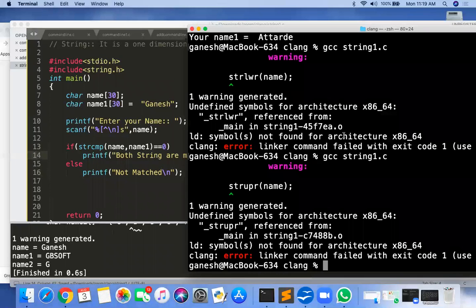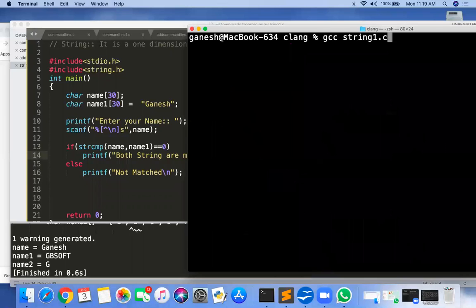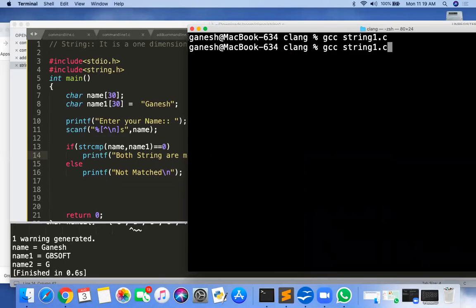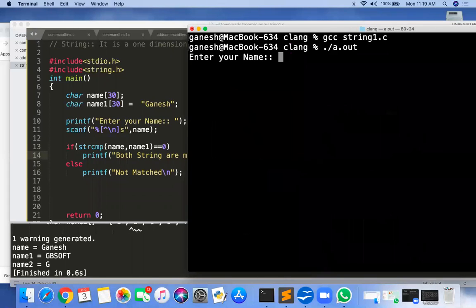Okay, so try to run this program again. gcc string1.c and a.out. So now name1 is Ganesh, and if I input Ganesh, then name and name1 contents should match, so it should print both strings match.